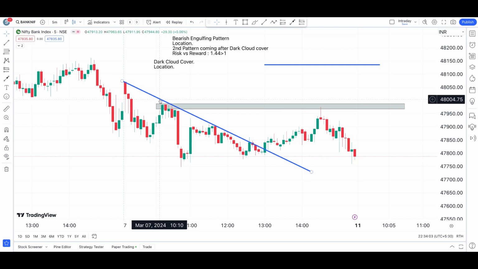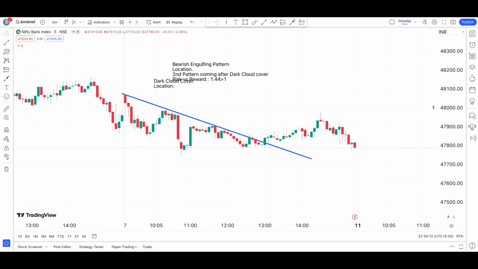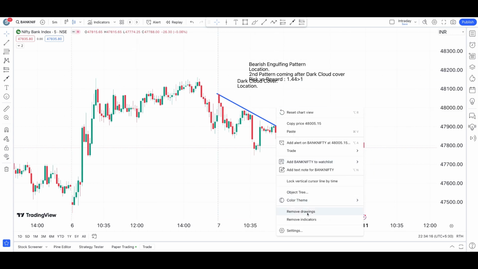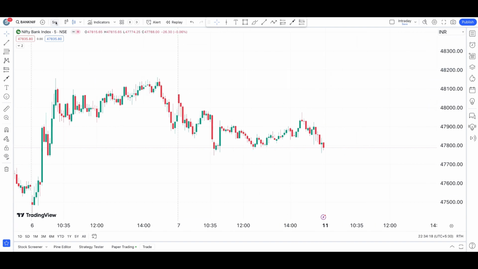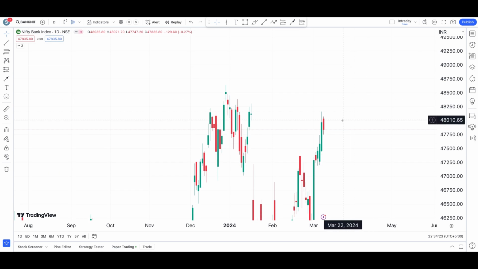Based on today's market action, today's market behavior, in order to understand how Bank Nifty is going to perform, let's now jump to our daily charts first. After that, we'll get into our weekly chart. So here we have the daily chart. So if you are following us from the last few days or last couple of months, you know that